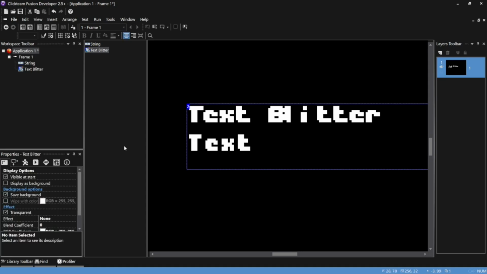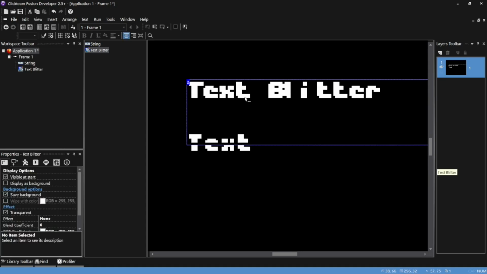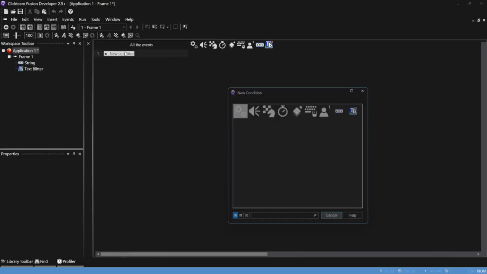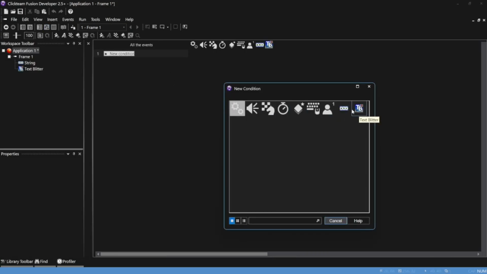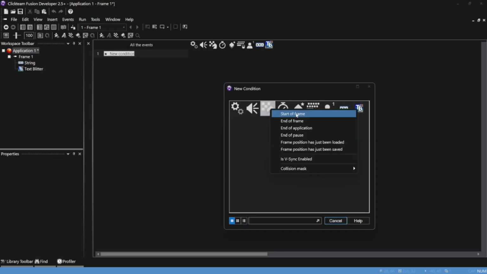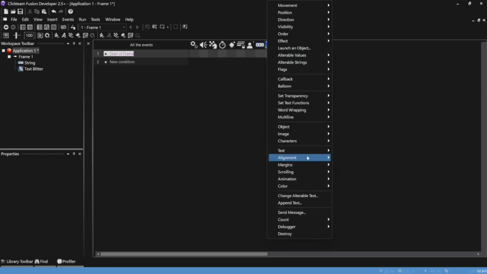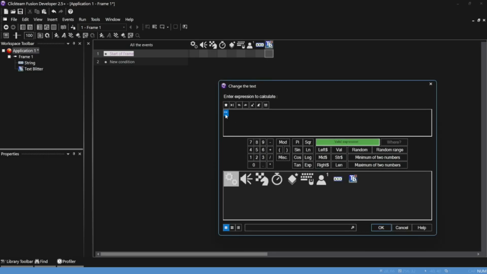Well, I guess I should probably show off how this looks. I'll just add a simple start a frame event so it says something other than text splitter. To change your text on text splitter, it's just a change alterable text, which you can set to a string or whatnot. There's a lot of fun stuff you can do with this. Change alterable text to be